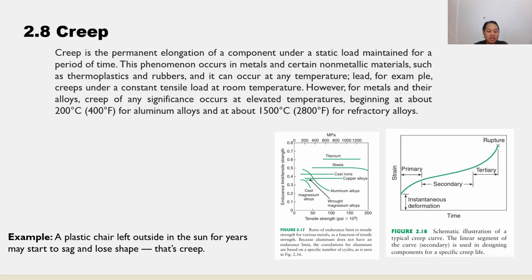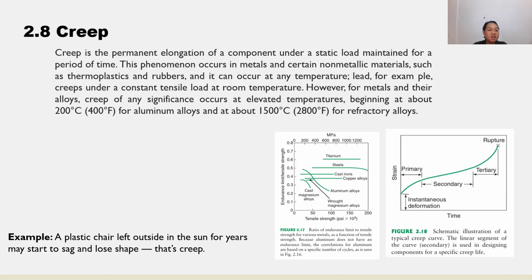Next, we have creep. Creep is the permanent elongation of a component under a static load maintained for a period of time. This phenomenon occurs in metals and certain non-metallic materials such as thermoplastics and rubbers, and it can occur at any temperature. Lead, for example, creeps under a constant tensile load at room temperature. However, for metals and their alloys, creep of any significance occurs at elevated temperatures, beginning at about 200